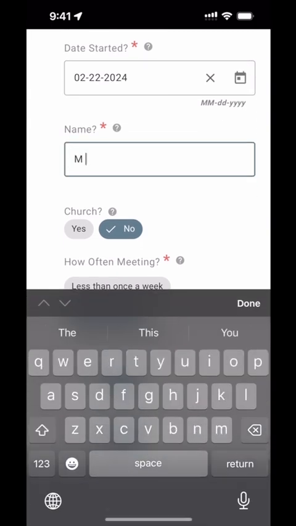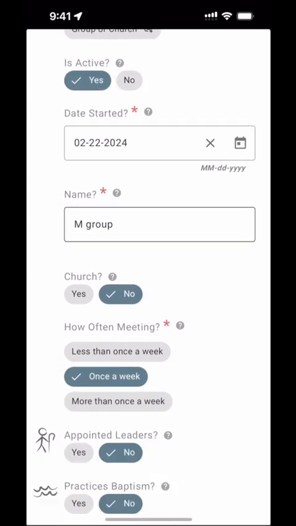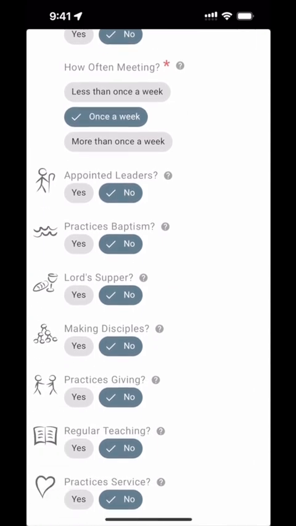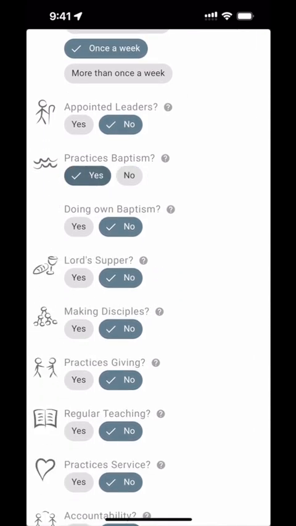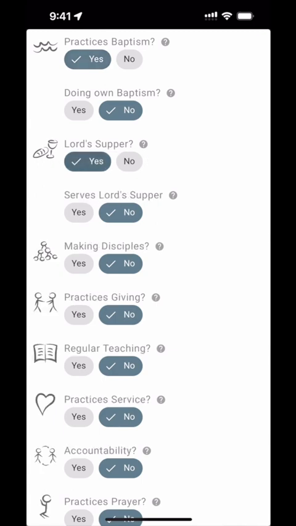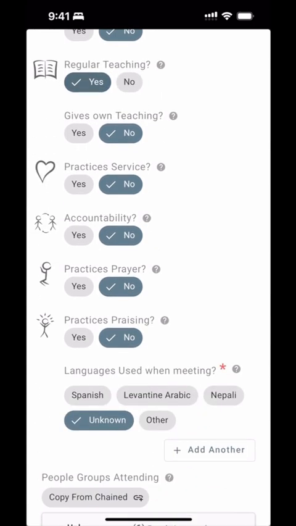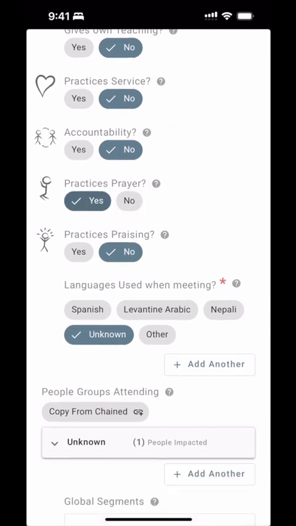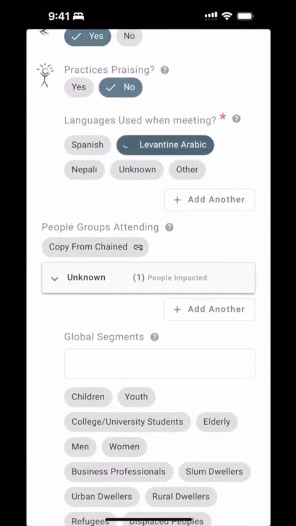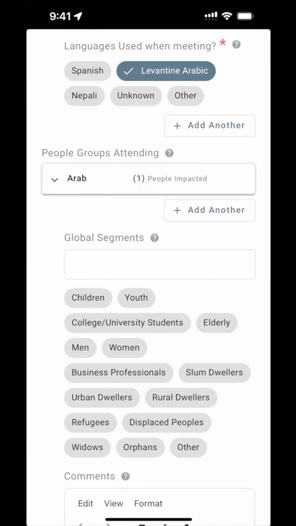We'll say M group. We'll say it's not a church yet and it doesn't have appointed leaders, but we did baptize the guy. Maybe we took the Lord's Supper and started teaching him how to make disciples, started doing some teaching, and maybe we are praying together. I'm going to go ahead and put copy from chain for the people group, and we'll